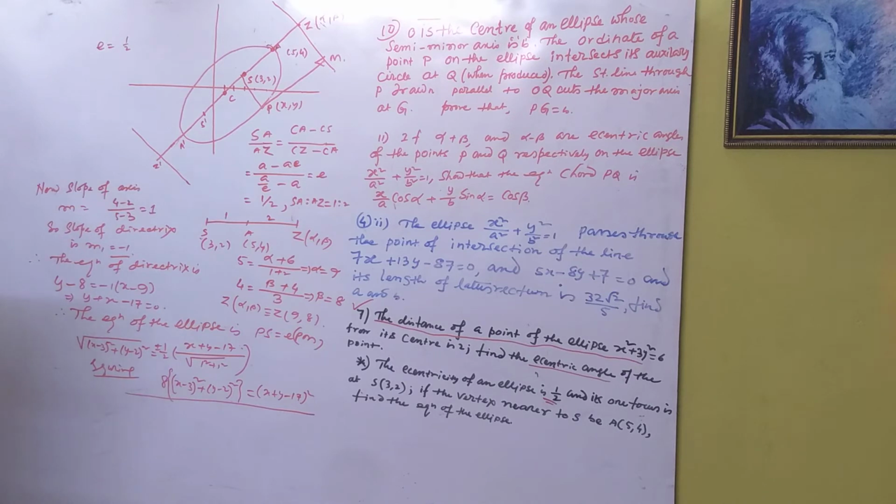Okay, and from this basic thinking, you should apply these rules, and you can easily find the equation of the ellipse. See here, these ellipses are not parallel to the x-axis or the y-axis, so that's why you always follow the section ratio. So this is the procedure of finding the equation of the ellipse when the ellipse axes are not parallel to the x-axis or y-axis.